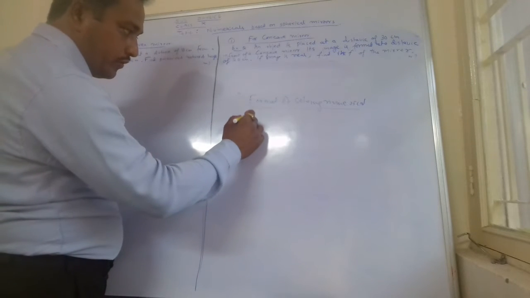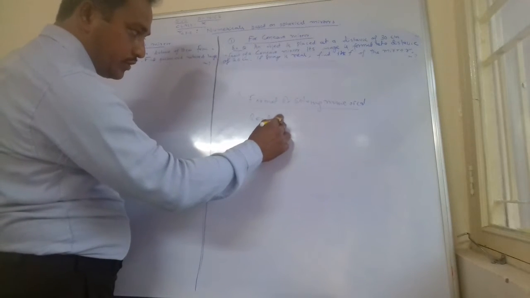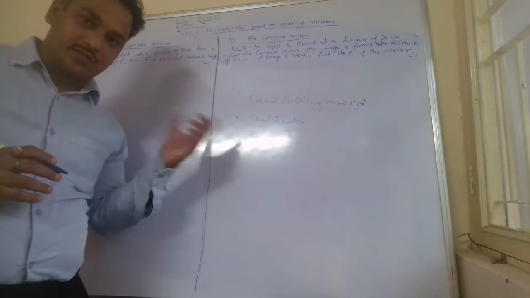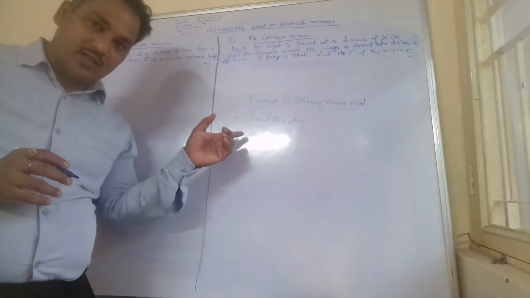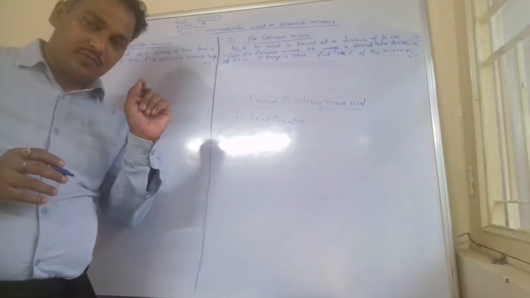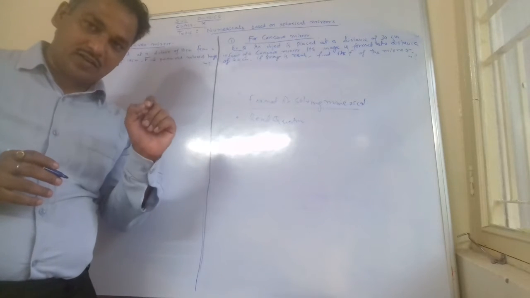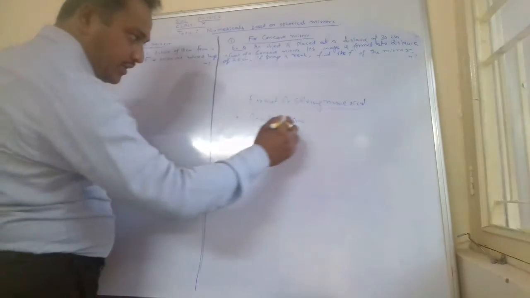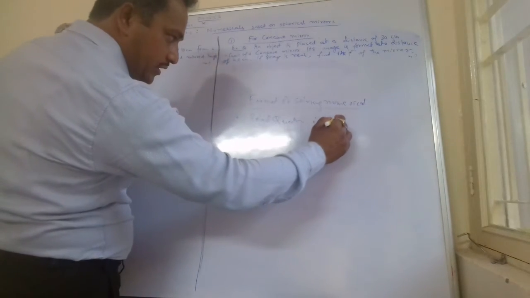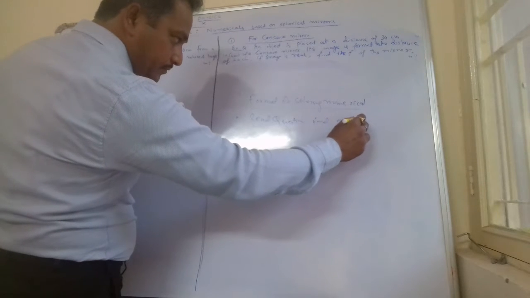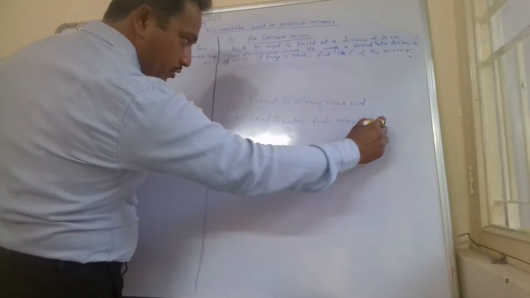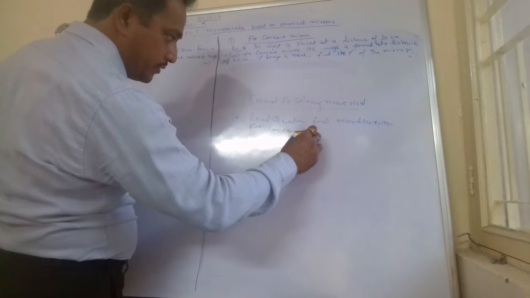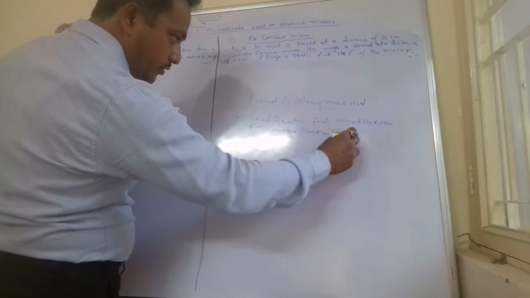Now, for solving by the format, you have to read the question. It seems that it is a very easy, basic thing which I am telling, but when you read the question, you will find the word by which you will know whether it is a concave mirror or convex mirror, what type of mirror is being discussed. That's why I say, when you read the question, find which mirror is discussed. If it is concave, you write concave mirror, or convex mirror. First thing you have to do this.